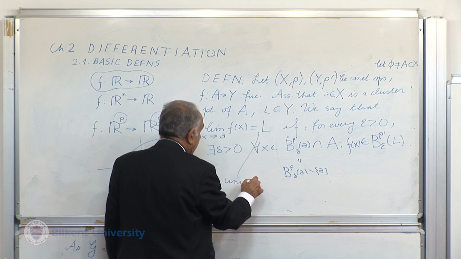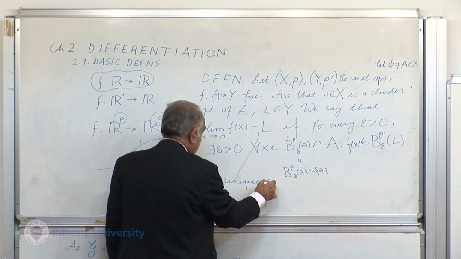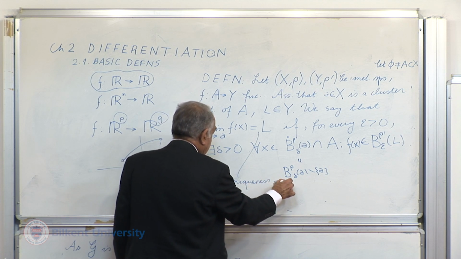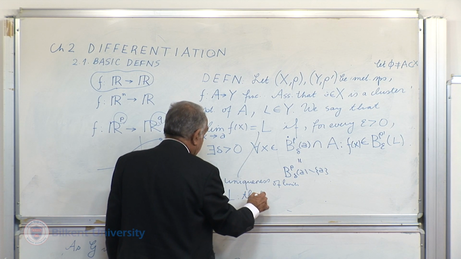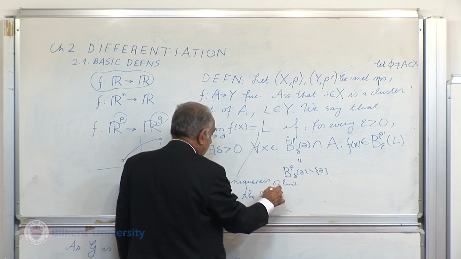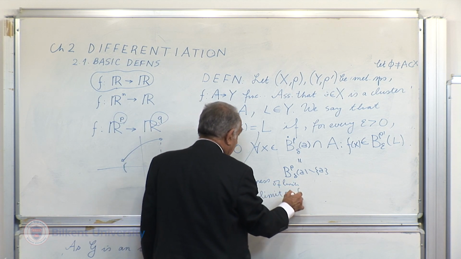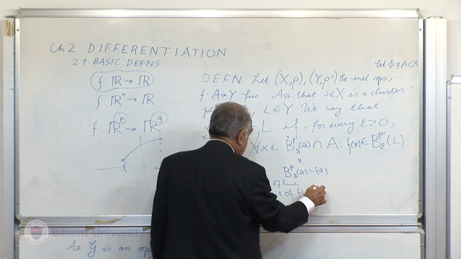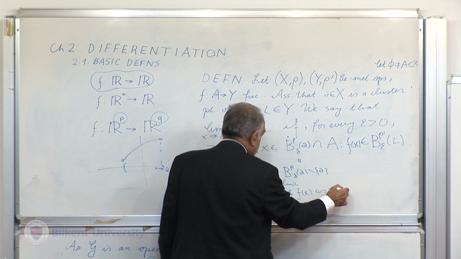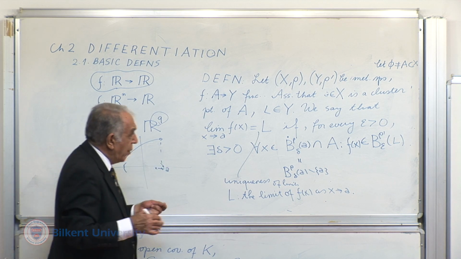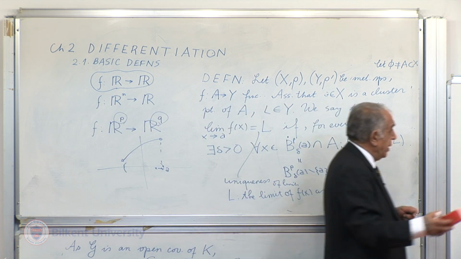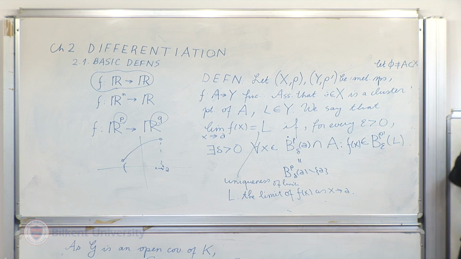Well, uniqueness of limits, that easily follows here. So we'll talk about L as the limit of f of x as x tends to a. Well, we will not have time, but